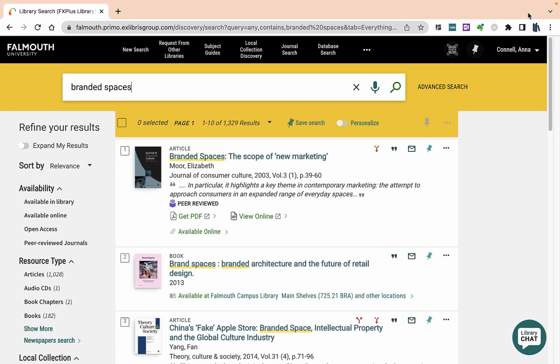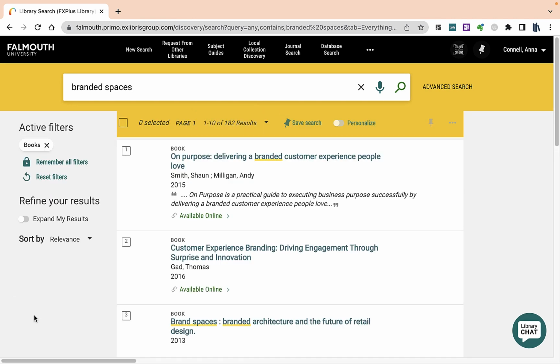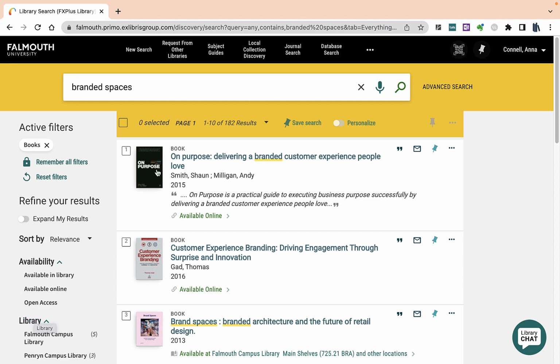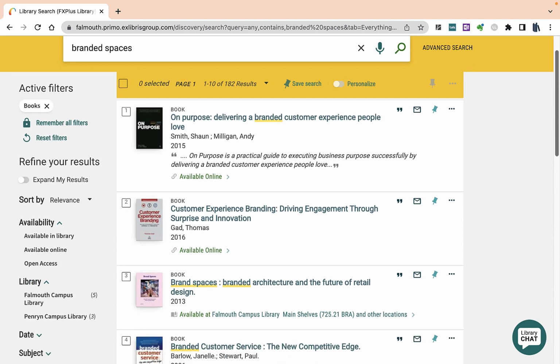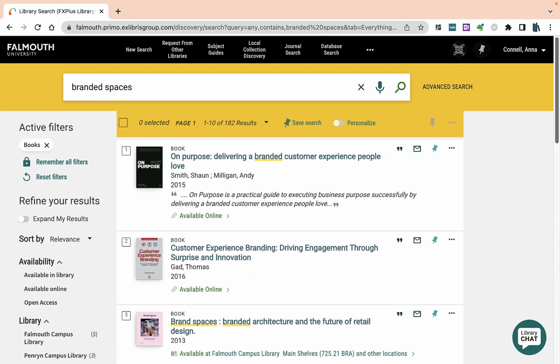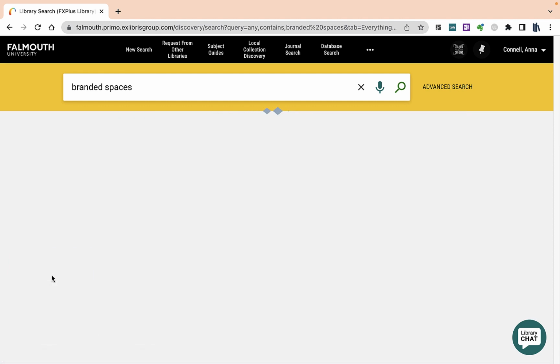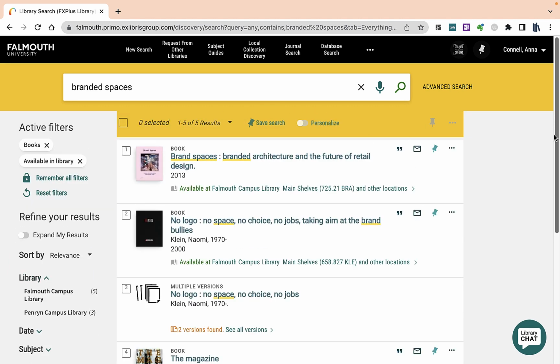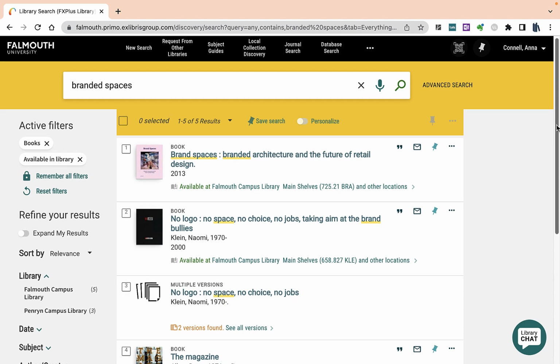And if we want to just look at books, then we can filter over here on the left hand side using the resource type filter, and I'm going to select books. And that's brought our results total down significantly. And you can see a lot of these are available online, and some of them are available in the library. So if you just want to look at what's available in the library, if you're strolling through and you want a print book to sit and read, then you can narrow your search by using that